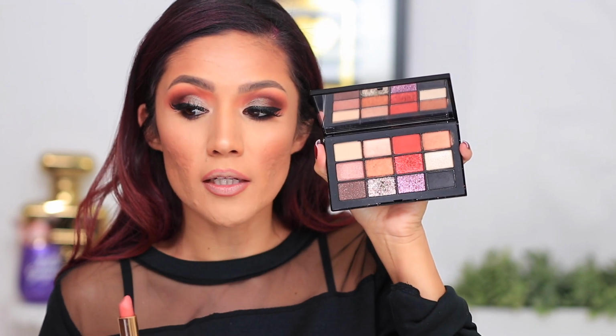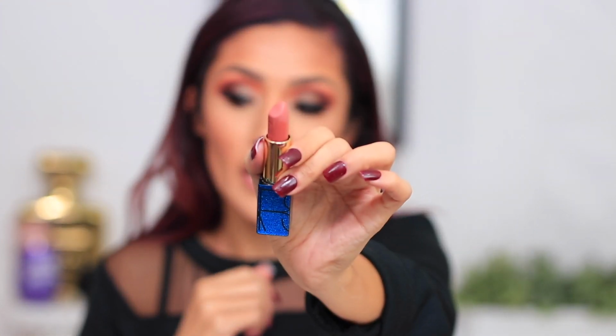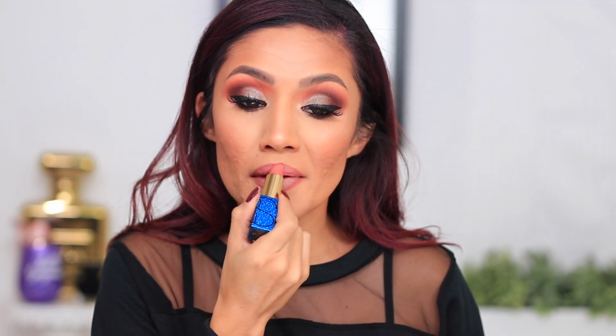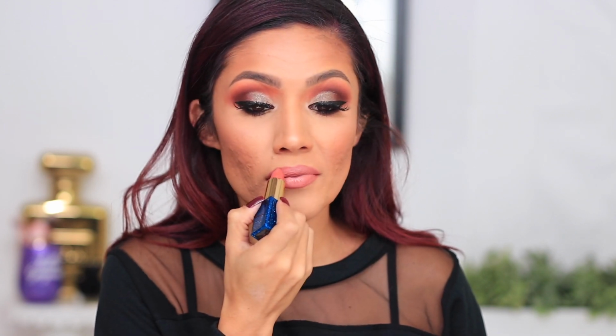I played around with this palette. My goodness, you guys. This collection is so stunning. Look at this palette. But the collection is gorgeous. And there's like 3 shades that have different packaging, but this here is my favorite lipstick from that collection. I've used it so much. I already have a dent, and I've only had it for like a week and a half, and I can't put it down. So I'm gonna use this and put this all over the lips. I'm gonna darken up this lip liner just a little bit more. I feel like it's a little